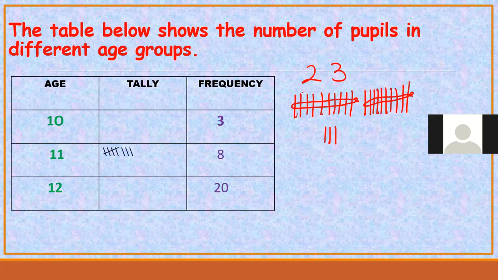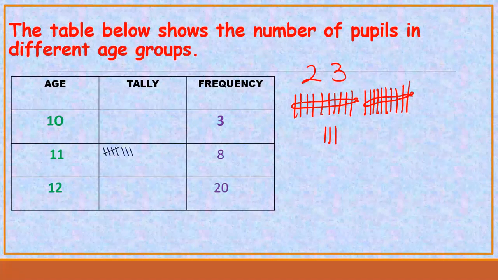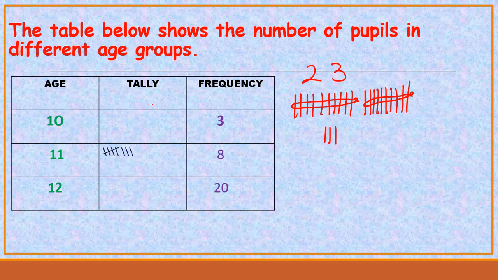Here, our concern from primary 5 is to count using what we are calling the tallies. The tallies just help us to count things very fast with ease. If we are counting using bundles, the sticks we are counting are always 10. But when we talk about the tallies, just like we said in primary 5, the tallies group things in bundles of 5s, and the fifth stick always ties.